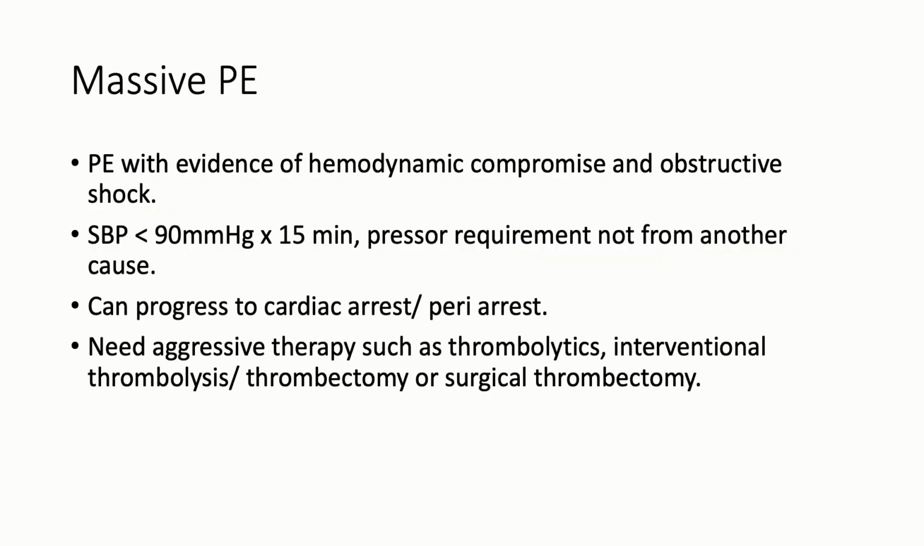So finally, the final category of PE is massive PE. And massive PE is broadly defined as a pulmonary embolism with evidence of hemodynamic compromise and obstructive shock. For purposes of our HealthNet PE guideline, it's defined as a systolic of less than 90 millimeters of mercury for greater than 15 minutes, or a patient who has PE requiring pressors not from another obvious cause, such as sepsis, for example. Massive PEs can progress to cardiac arrest or peri-arrest episodes,